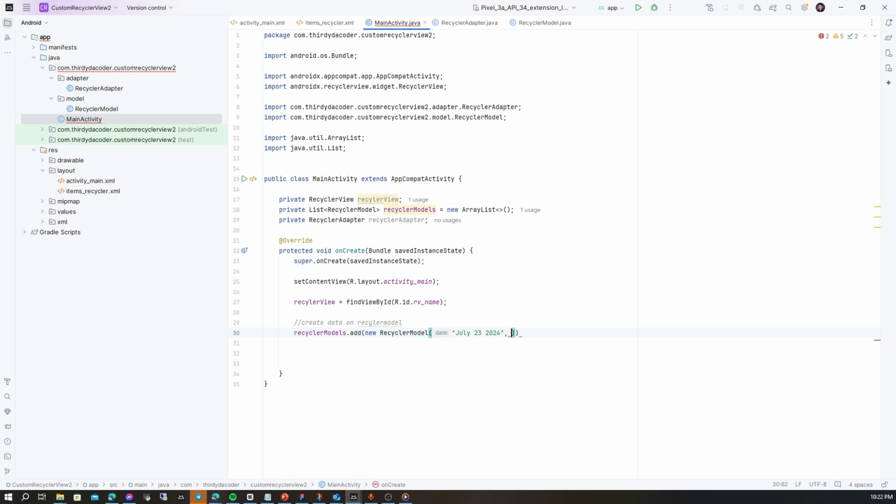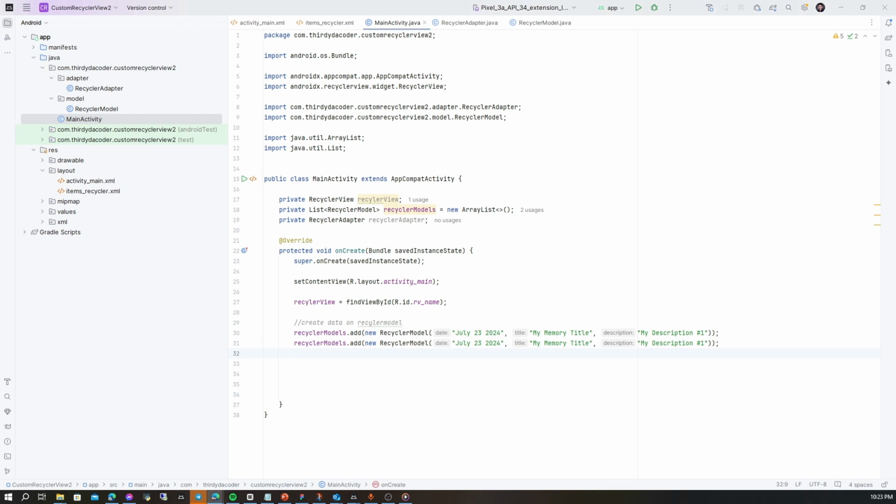And for the second parameter, for example, my memory title, then on our description, my description number 1. Okay.